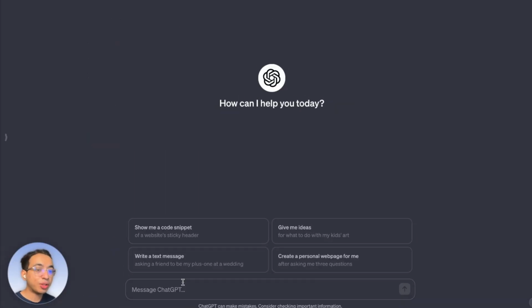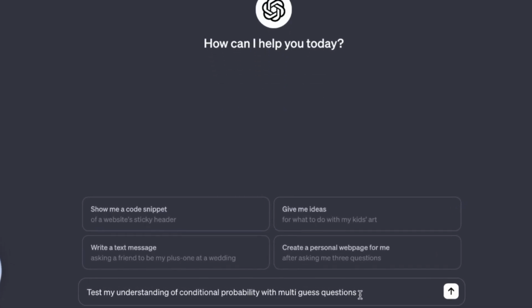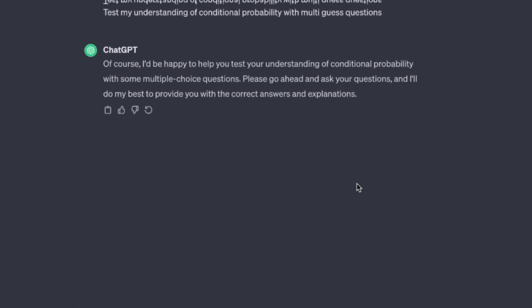To do well in exams, testing your knowledge is super important, and a great way of doing it is to ask ChatGPT to ask you questions on the fly. So I'll ask it, test my understanding of conditional probability with multi-guess questions. And then, voila, they're going to give me a bunch of